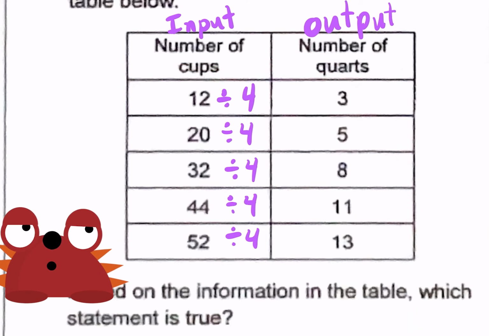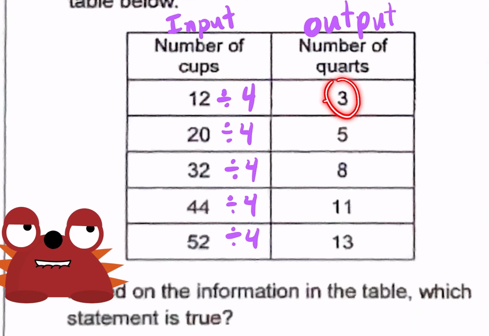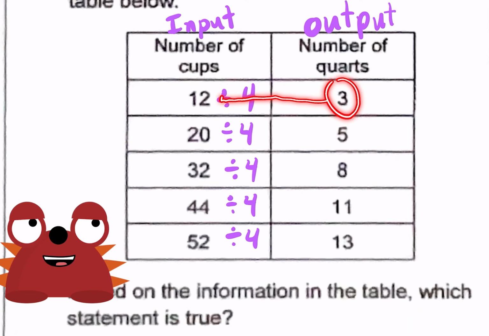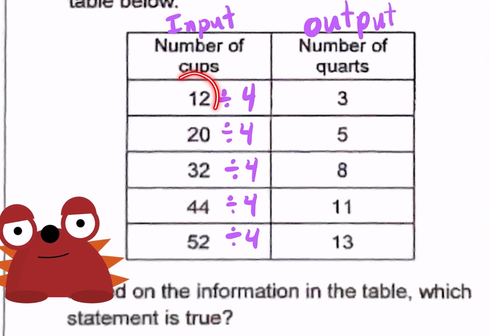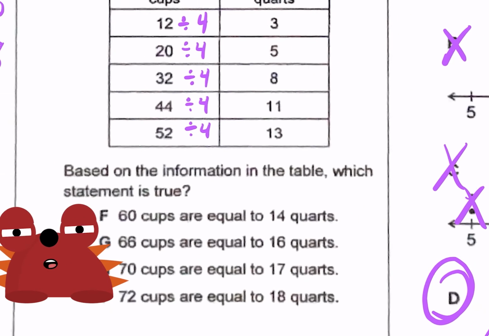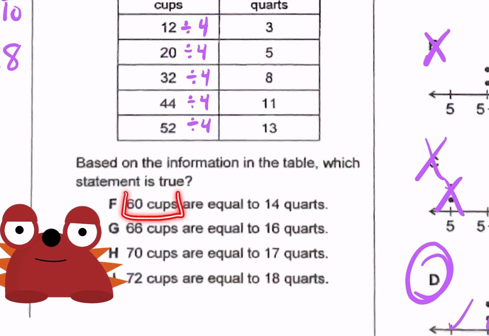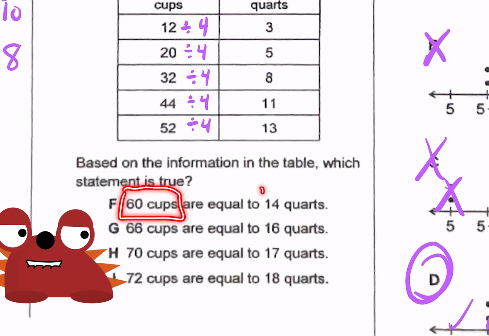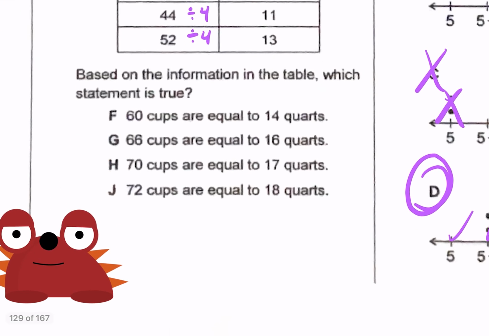If you wanted to go the other way around, from output to input, you would simply have to do the opposite. 3, instead of divided by 4, you would do times 4, and that would give you the input, in this case 12. So based on the information, we're looking for the correct pair of input and output. So if my input is 60, could the output be 14? Let's look at the first one. It says 60